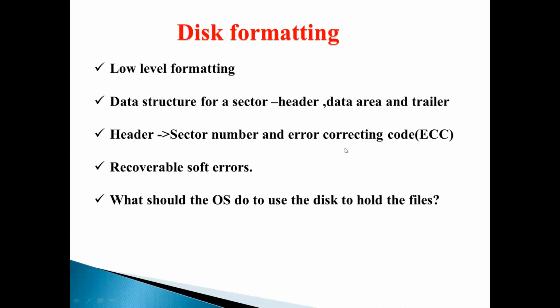This is called an error correcting code because if only a few bits of data are corrupted, the disk controller has the capability to identify which bits have been corrupted, and it can calculate the correct values for those corrupt bits. So with the error correcting code, the disk controller is able to identify which bits have become corrupted, and it can also recalculate the bits and identify the correct values. That's why it's called an error correcting code.